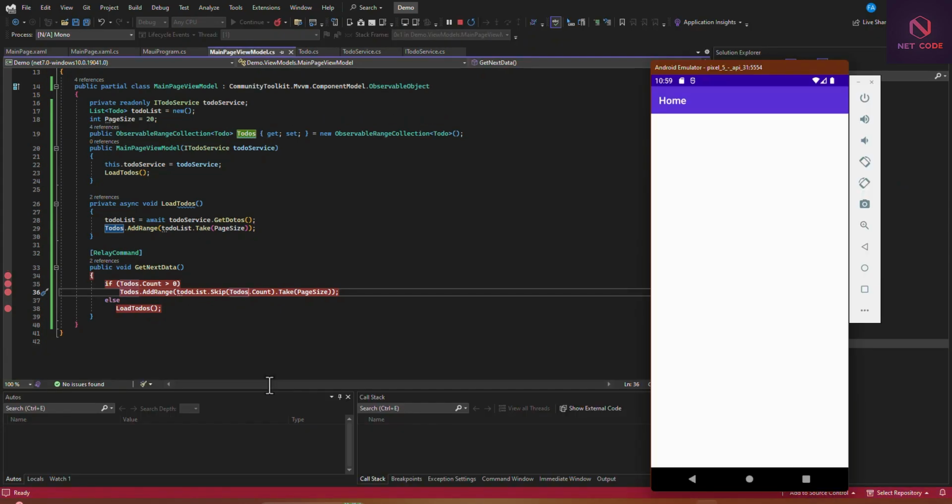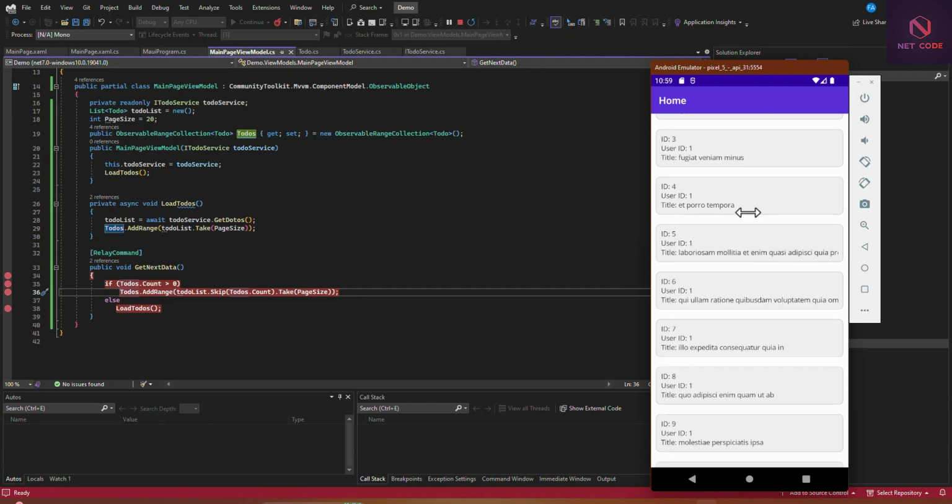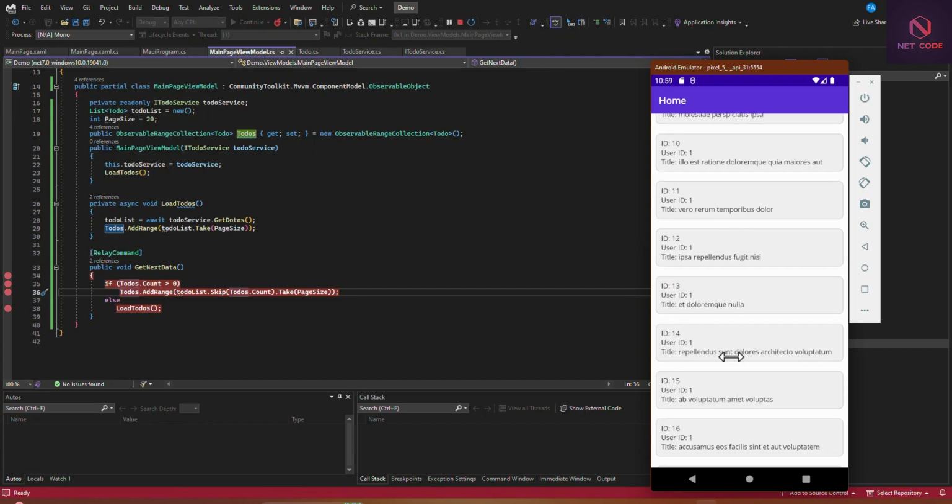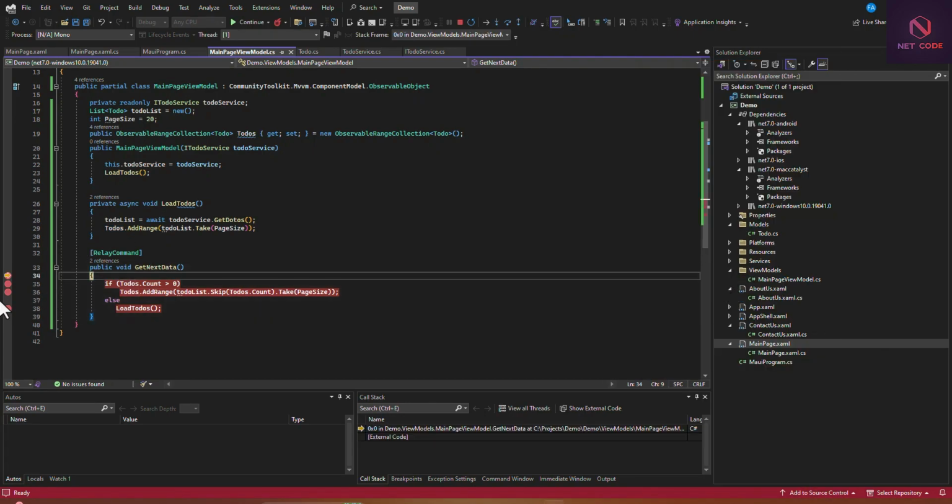Okay, so now we are going to scroll again and see if this method is going to hit, and I'm going to have the right thing to do. So 16, and now it is hit. So continue on. What is the count here? The count is 20, so the statement is true.